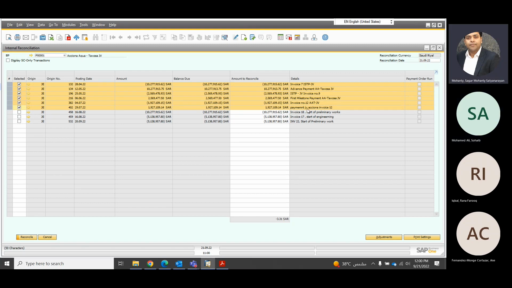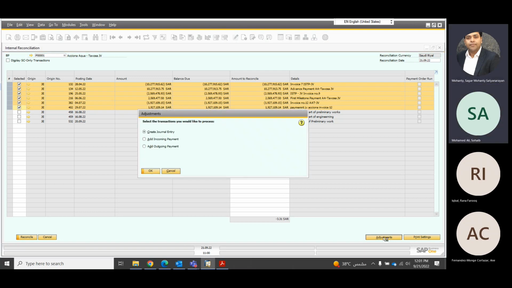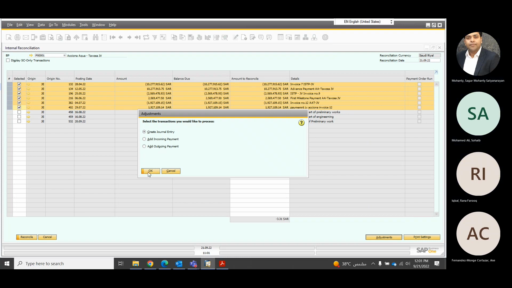Wait. So now you want to reconcile this one. Fine. So then make what you want to reconcile. Click here. Adjustment. Make an adjustment. Adjustments. Yes. It will make a journal entry. Create a journal entry because this difference, the Saudi riyal difference, is nothing but because of some exchange or something. So if you click on OK,